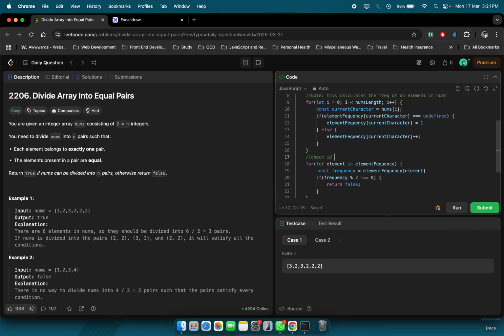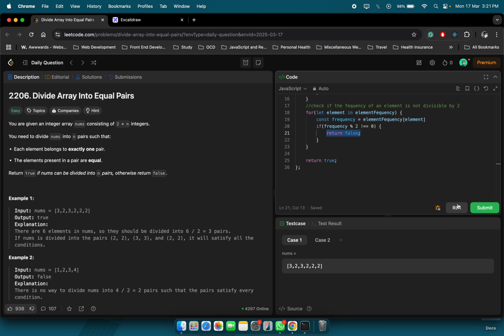Check if the frequency of an element is not divisible by 2. Since we need to make a pair, we need to check it. So basically this loops through all of the elements inside this object element frequency, and then we take the value of that particular key of that object, and we just check if the frequency modulo 2, that is the remainder, is not equal to 0. In that case, return false, or else return true. I click on run,